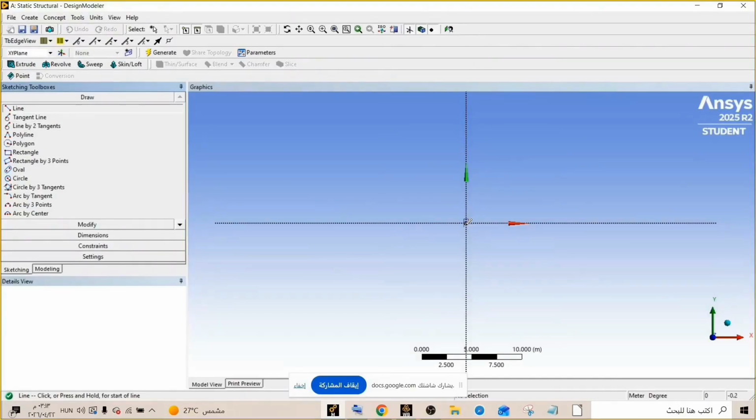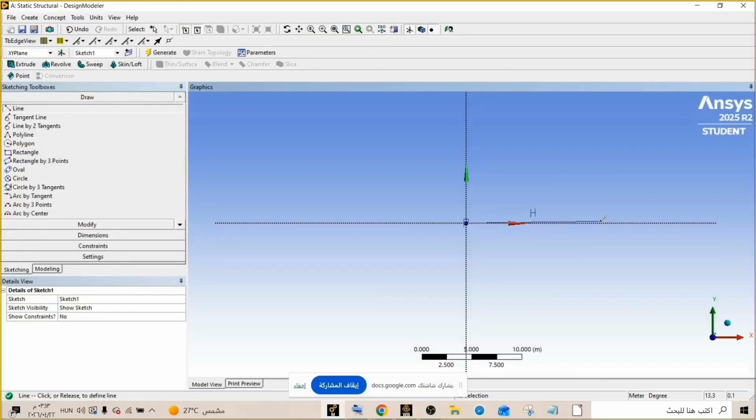So you select a line. As you can see here, that it's in the origin, it will be P, and in the line C, as you can see. So I put the first point on the origin, and I choose this line. You can draw a horizontal line.